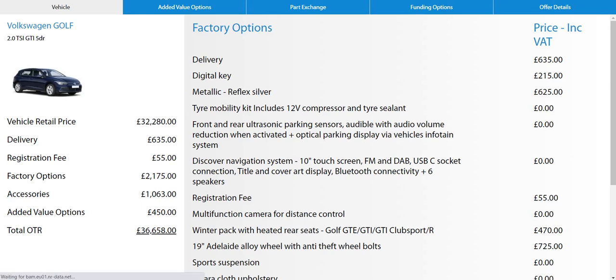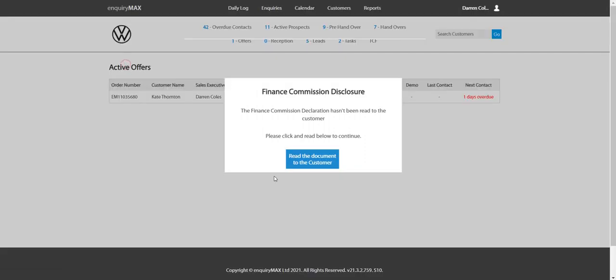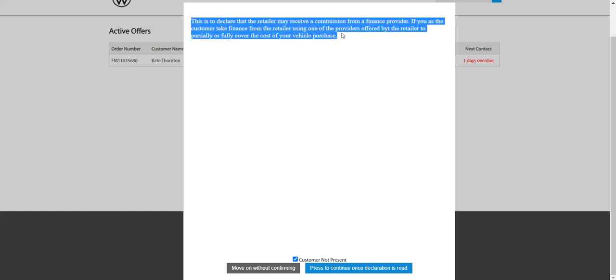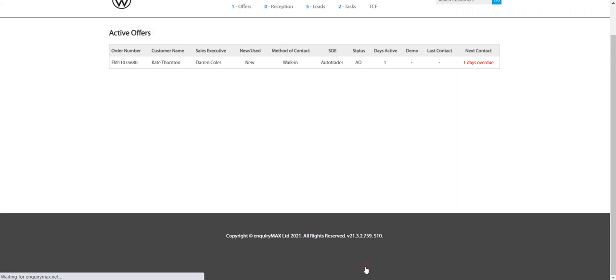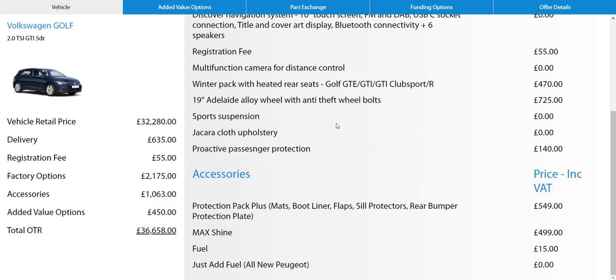So I'm going to go back. I'm going to click on the order number again to bring it back up, and then down the bottom, let's say the customer's not present. So I'm doing this remotely, and the customer has read the notification. Once that's been read, I click onto here, which then takes me forwards and into my offer to start to present my figures to the customer